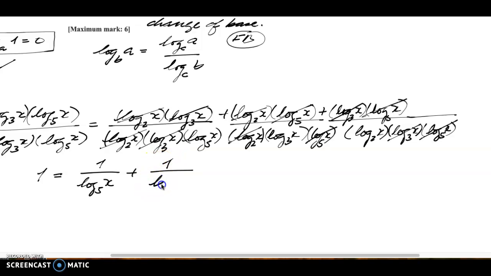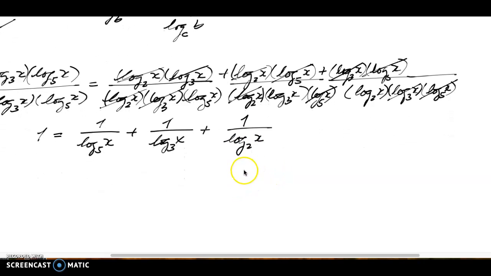plus 1 over log 3x plus 1 over log 2x. And it's at this point that you want to rewrite the denominator in terms of change of base. What I want is 1 over, let's say I did log base x of 5, all over log